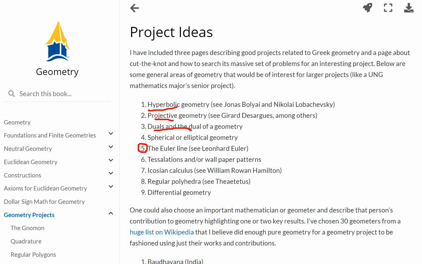And it turns out that several of these concurrencies are on the Euler line, and there's lots of other interesting things that are on the Euler line. So there's all kinds of proofs in there. Tessellations and wallpaper patterns. These are different objects that can cover a